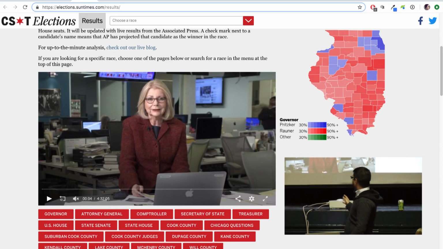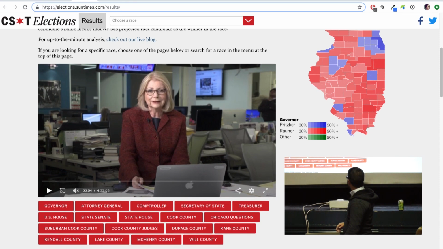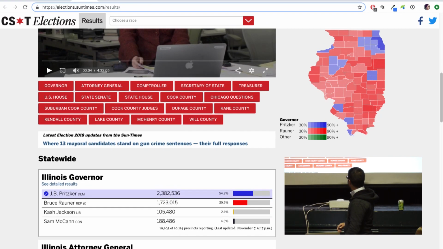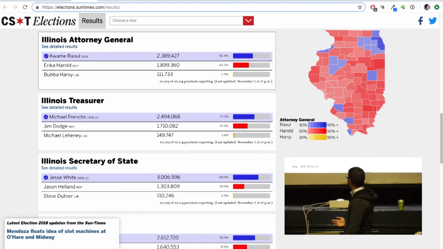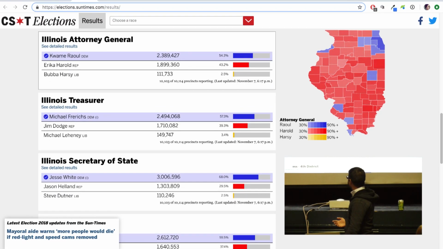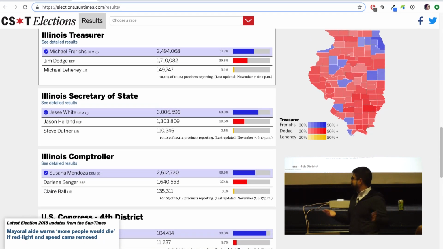So this is the main page to our election results. What we did here was, you see that map there. It's the most important race that I'm sure everyone was caring about, Pritzker versus Rauner, which ended up being called within 20 minutes of the polls being closed. So it wasn't that interesting. But we put that front and center as an editorial choice, and we made sure to include other big races. This was actually supposed to be the biggest race, the Attorney General race. And you see the map changes as this goes. This was just as much of a blowout as the governor's race was.